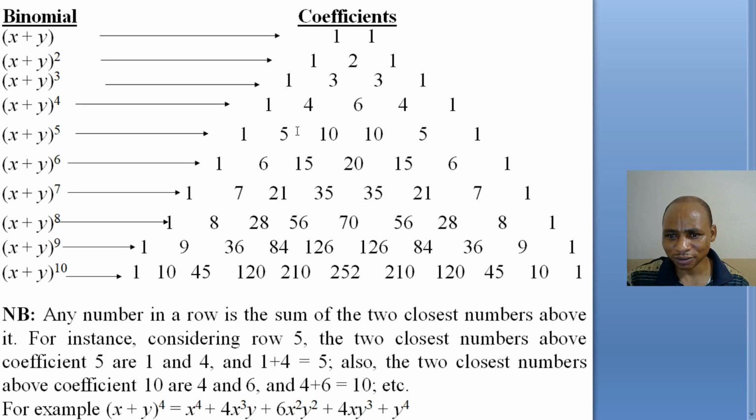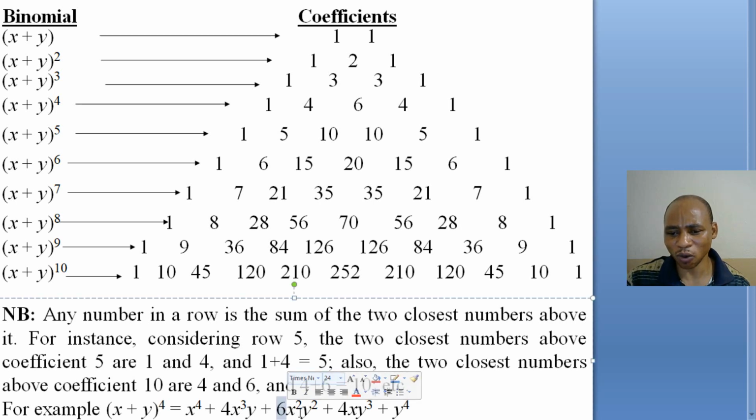Then plus the second coefficient is 4. So it will be 4x raised to the power 3 y, plus the third coefficient is 6. So it will be 6 times x raised to the power 2 y raised to the power 2,